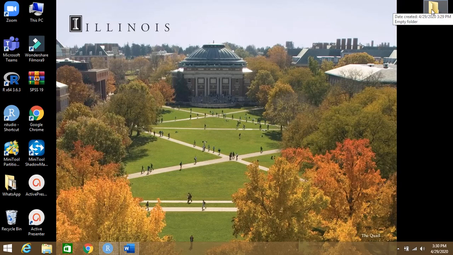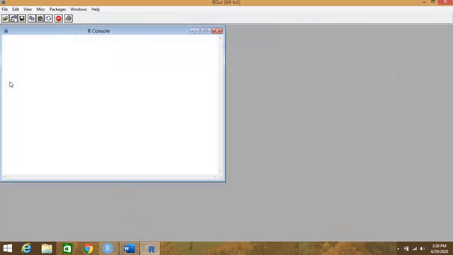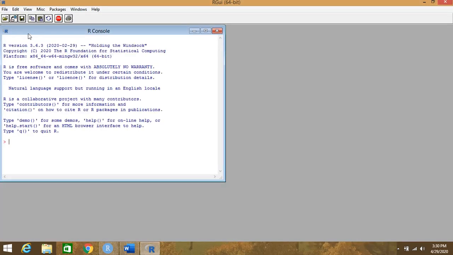Alright, now how to access this folder in R? I will demonstrate both in simple R using Windows and then RStudio, and the same I will do for Mac. So this is R in Windows. When it opens up, it shows you a console like this. This is the simple variant, and then we will also look into how it looks in RStudio.